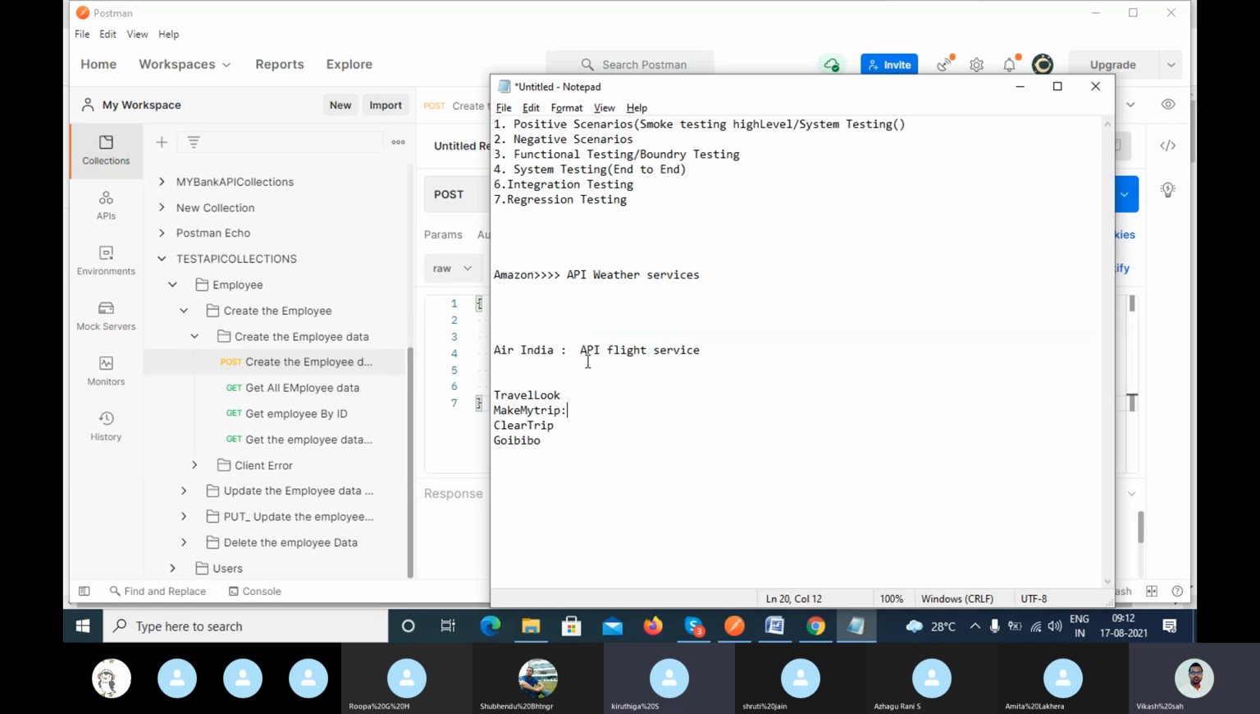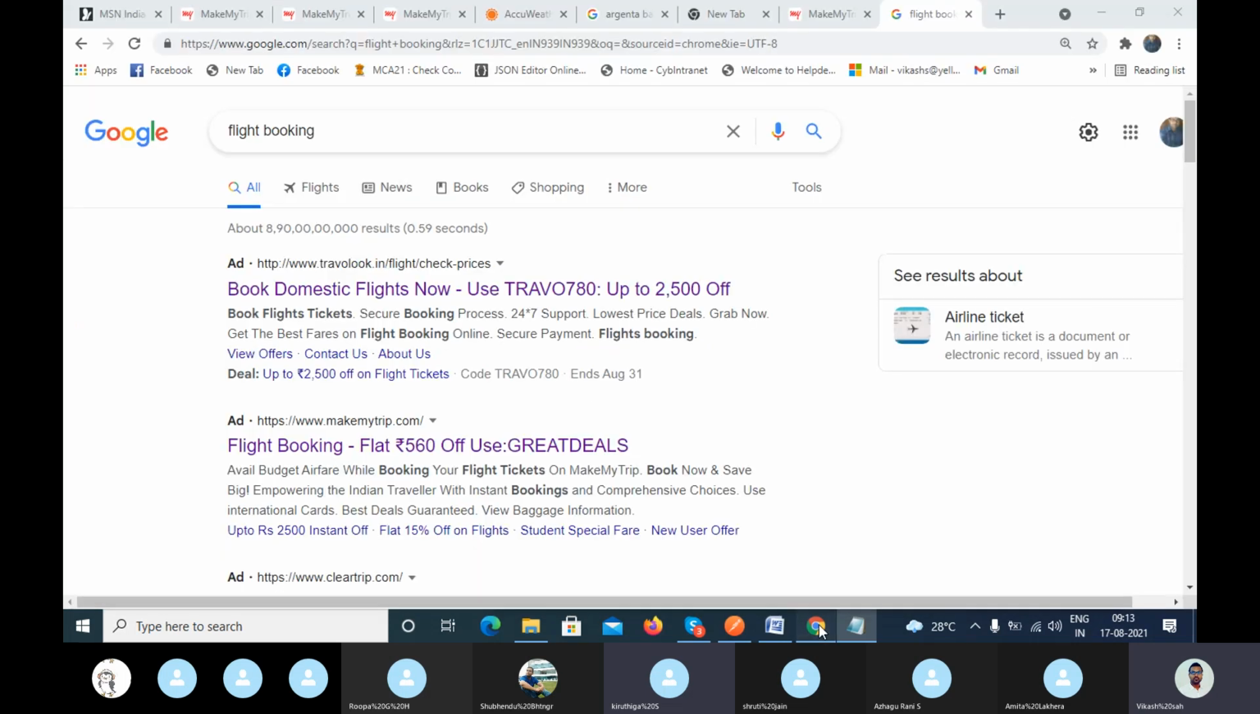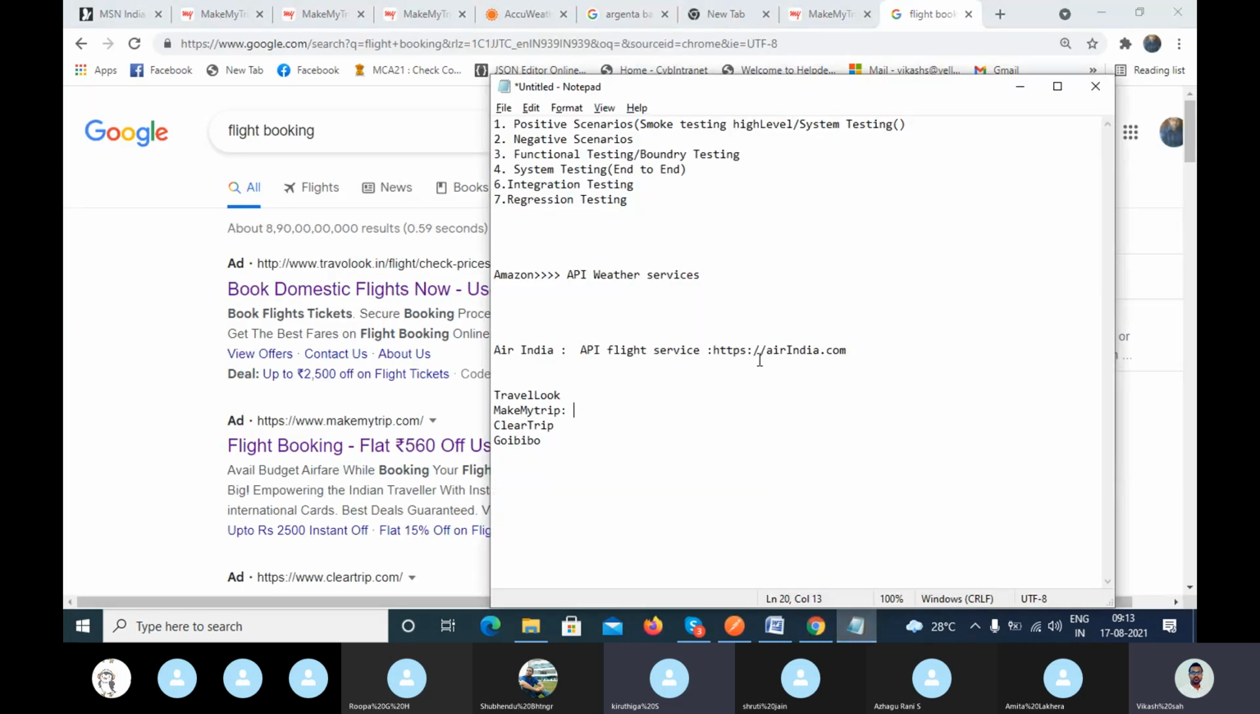Okay, so let's suppose Air India uses the URL https://airindia.com, right? When Make My Trip purchases this service, they will use their URL and implement all the things in their own way, because they are paying the money for that. So when you do any action here in the front end, it calls the backend request, and that backend request connects with Make My Trip,